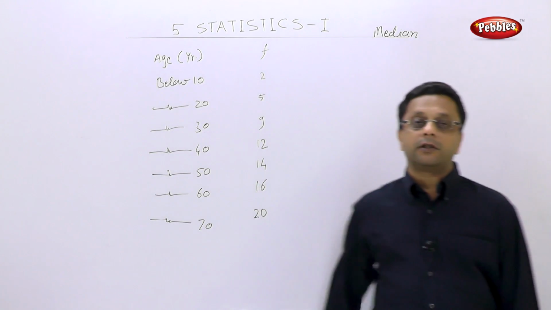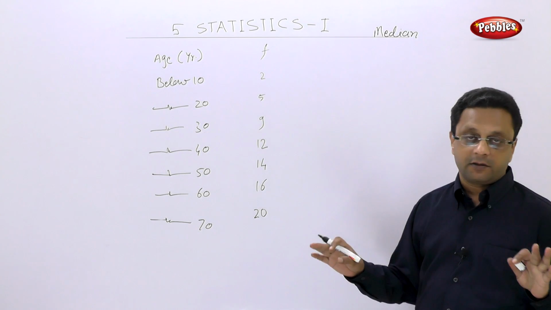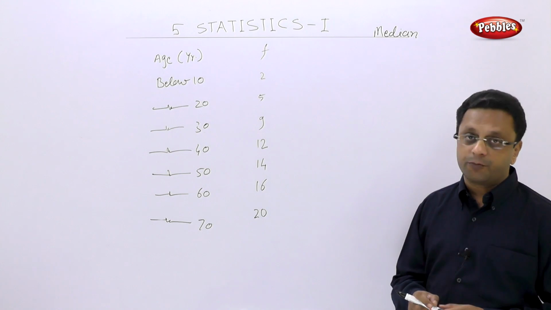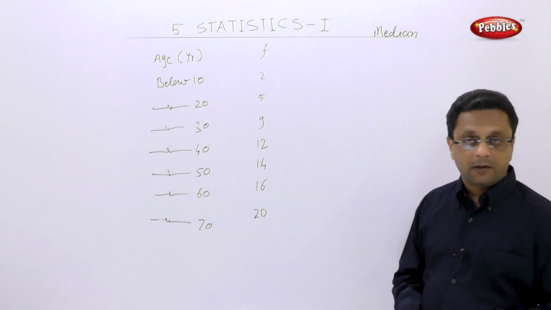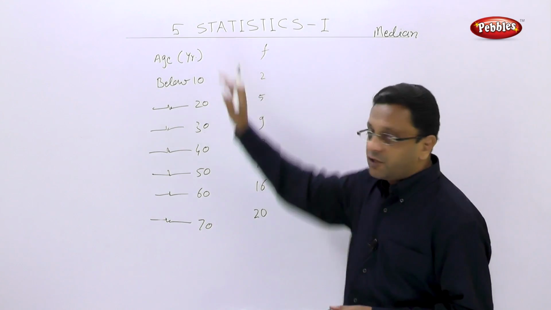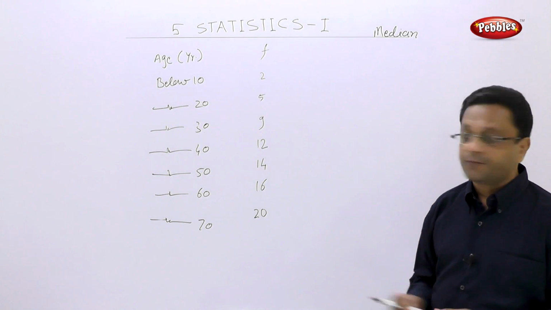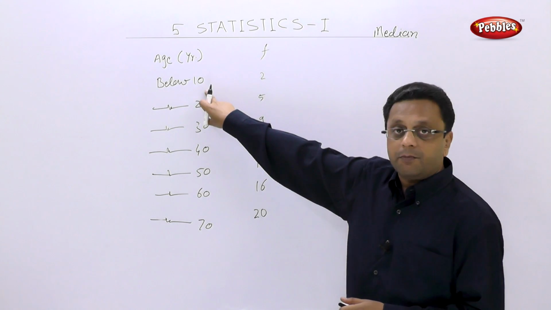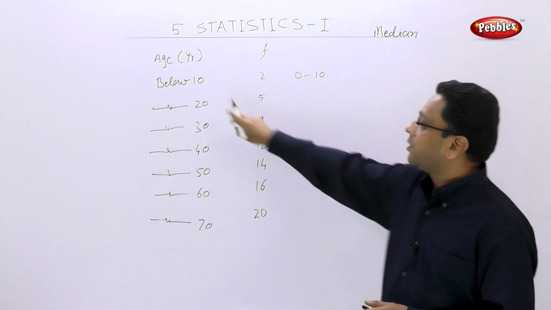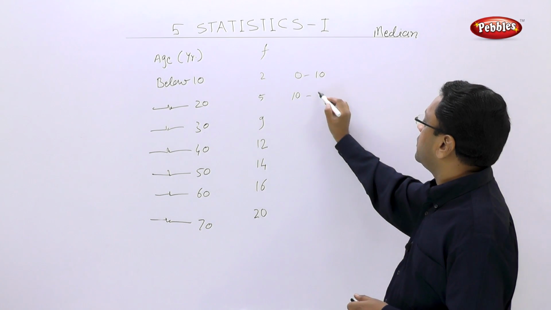What to do in this case? The direct groups are not given. The rest of the example is easy, but first we have to define the groups. It is very simple. Whenever such an example comes, the age cannot go below 0 years, right? So when they are given below 10, I can write this as 0 to 10. Then below 20 is 10 to 20,